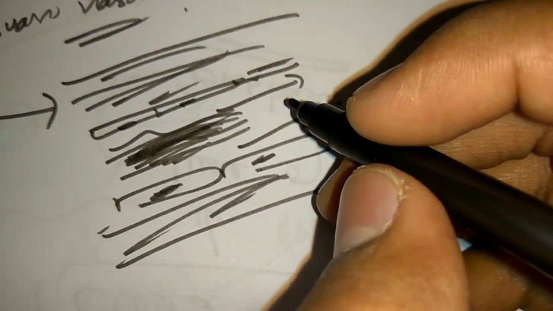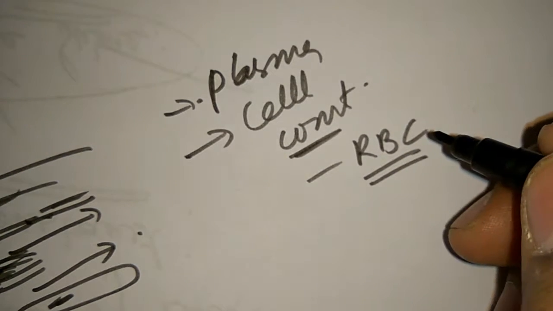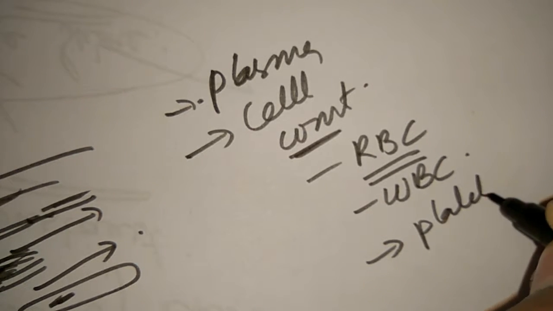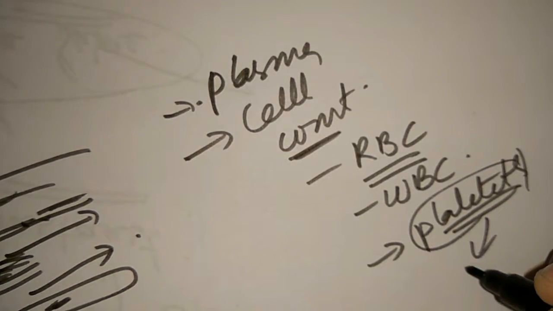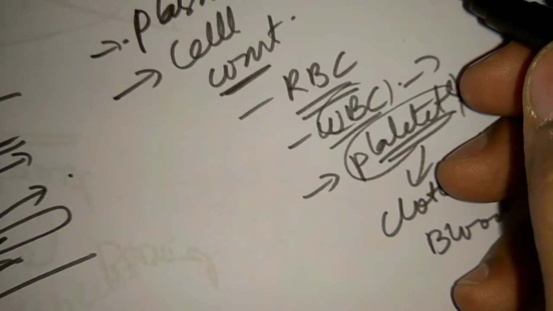there are components within your blood which I have already stated earlier. One of the components is plasma, and along with it, it has various cell constituents. These cells are nothing but RBCs, or red blood cells, or red blood corpuscles. It has WBCs and even platelets. These platelets help in clotting of your blood, which you see after you get injured or something like that. And WBCs help in fighting infections, and RBCs are the cells that carry your oxygen